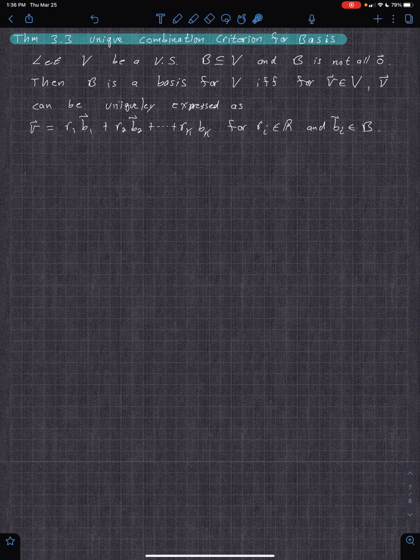Okay, so let's take a look at this proof. Here's the proof of it. You have an if-then and then an if-then. So if B is a basis, then v is uniquely expressed like that. And then you have vice versa. If v is uniquely expressed like this, then B is a basis. We are already assuming here